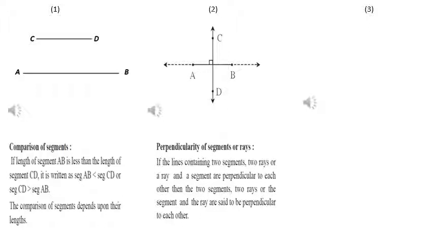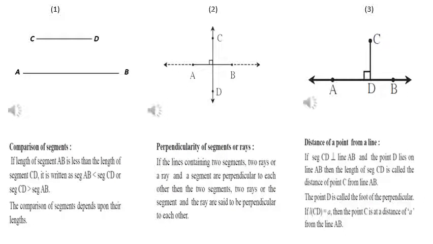Figure 2 shows two segments, or you can say even two lines which are meeting, or it also shows rays which are meeting at a point. So here, whenever we have a ray, two rays, or maybe a ray and a segment, or two segments meeting at a point forming a 90-degree angle, the symbol here, can you see the symbol? That is a symbol for a 90-degree angle. Hence, such kind of segments or rays are said to be perpendicular to each other since they are forming a 90-degree angle.